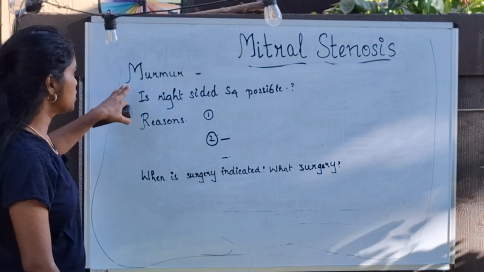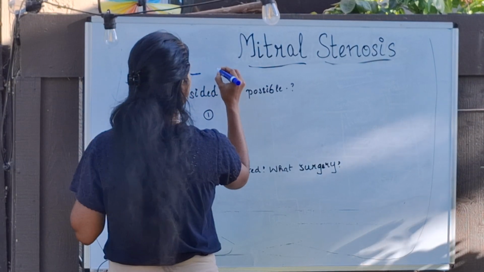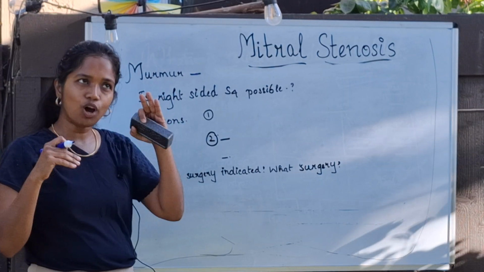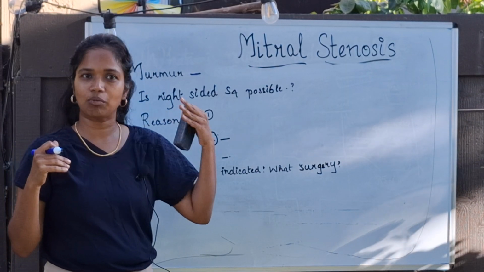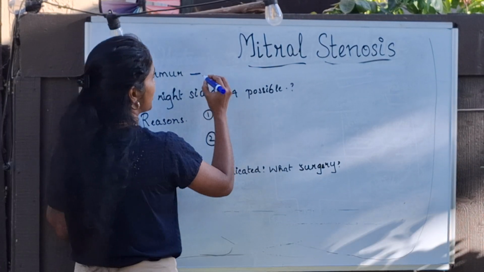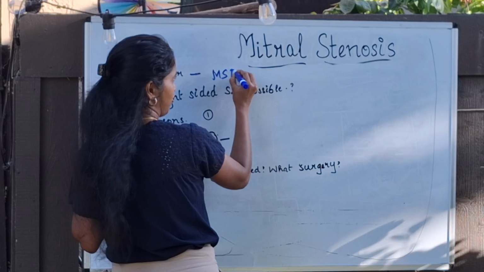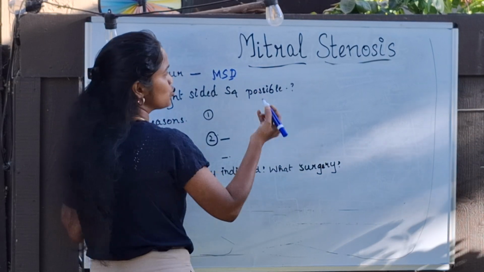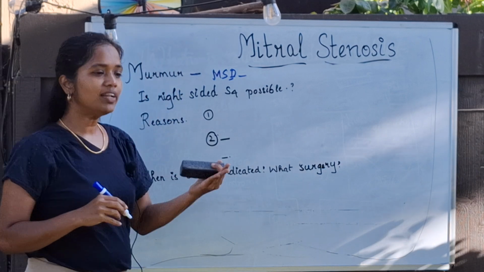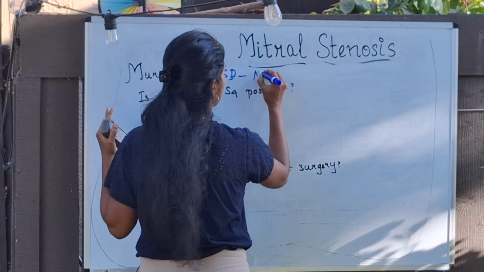In mitral stenosis, first let's go about the murmur. I'm not into cardiology, so even though I think about the pathophysiology, sometimes I miss the murmur. Therefore I started to have clues. For mitral stenosis, MS, I have this D like MS Dhoni, so I remember that it is a diastolic murmur. Beyond that, it is much easier to remember that it is a mid diastolic murmur,